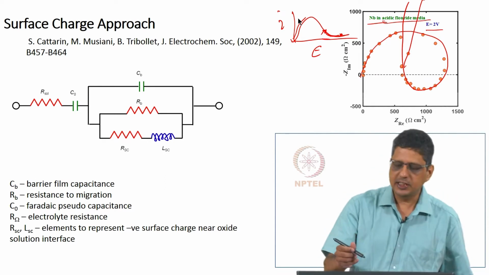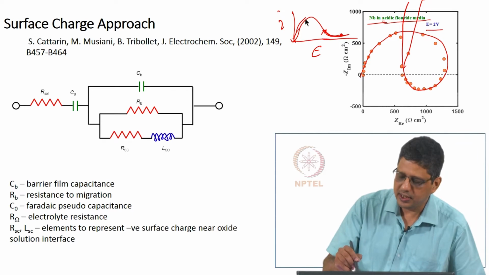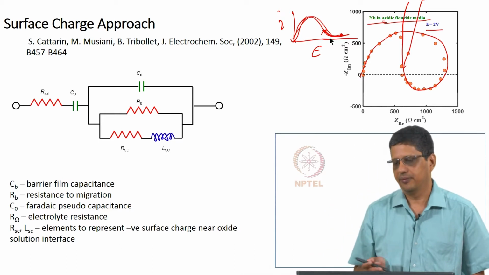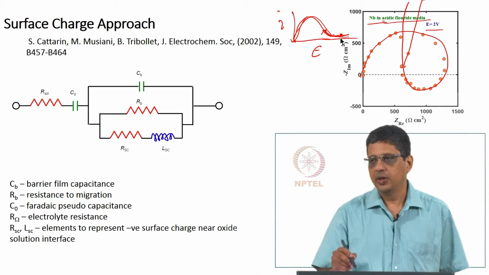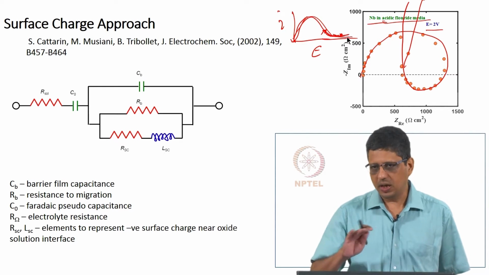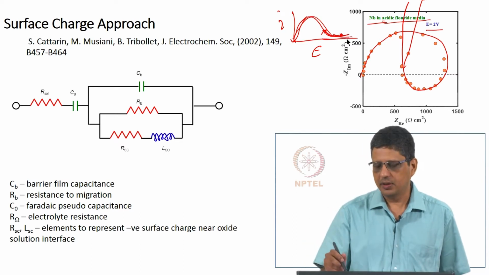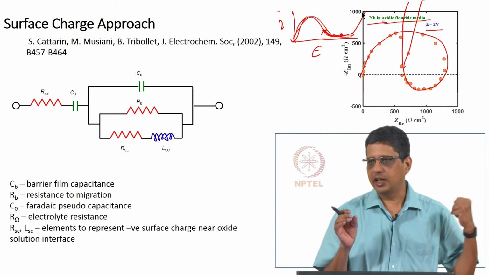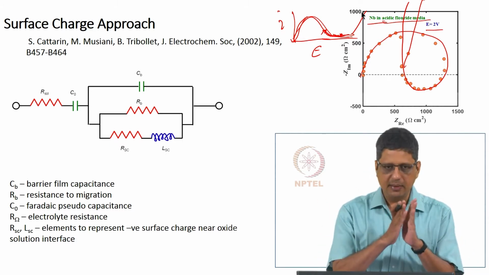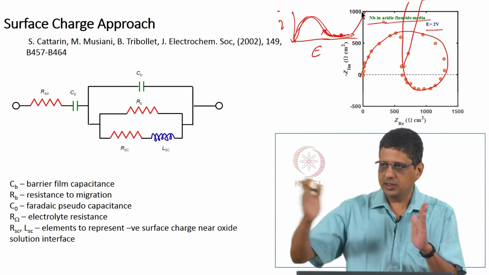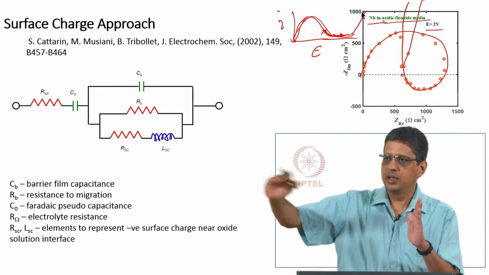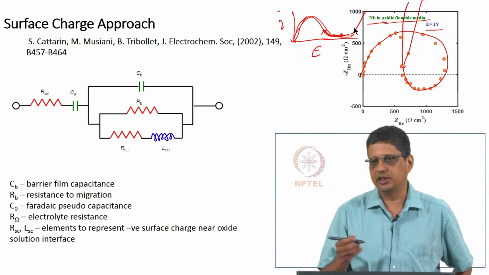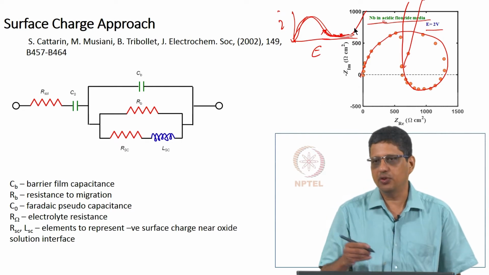So, what happens is, when you give more and more potential, the dissolution rate increases up to some level and then decreases further. Then it remains more or less flat, it actually increases slightly, and after that it will again increase when you apply so much potential that the cations will really pass through the film and come out. It does not need the metal to form oxide, and then only the oxide dissolution is important. If cation comes out here and goes out, that also causes dissolution. So, this is called transpassive dissolution. Beyond passivation, you can have further dissolution if you go to that potential.